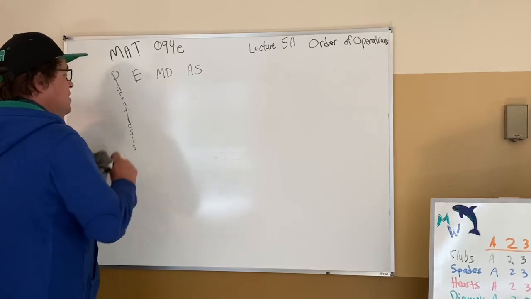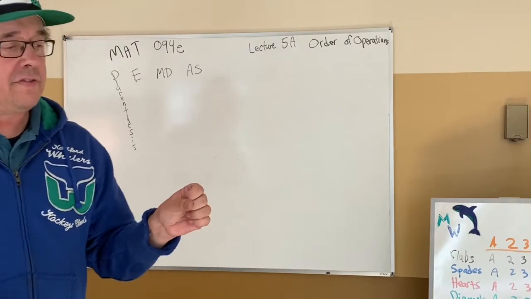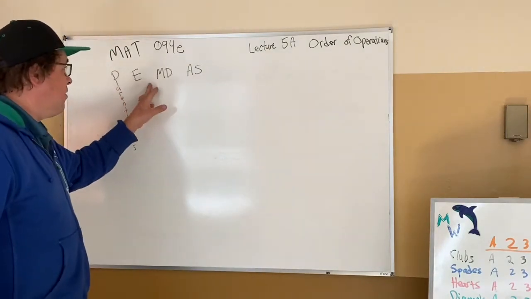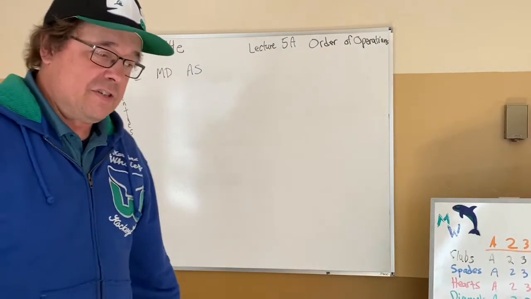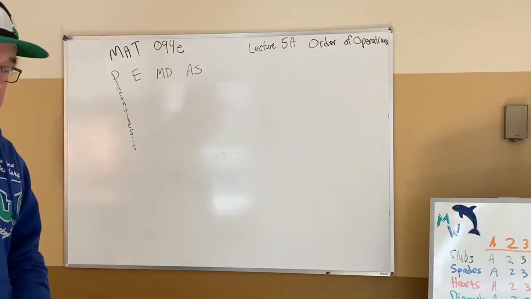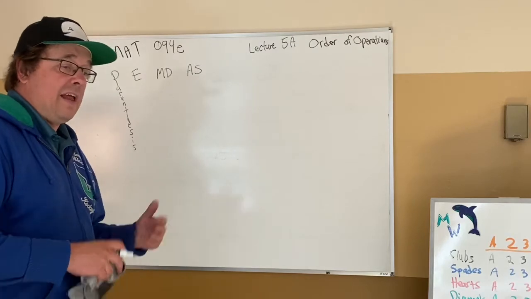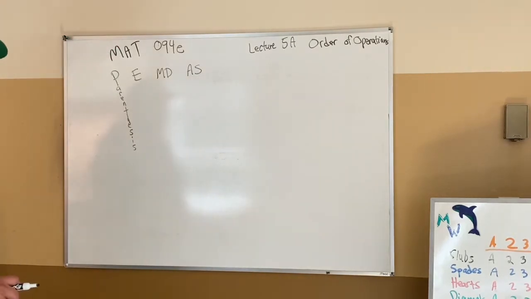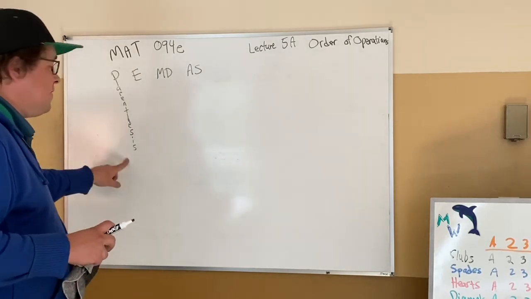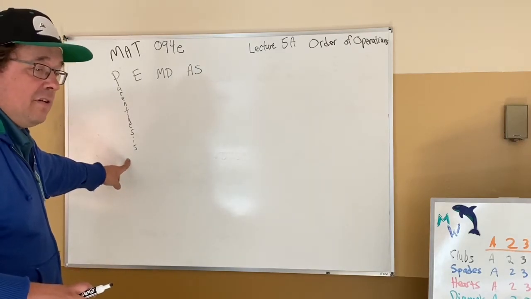Now, what do we do with parentheses? We do the work to get what the parentheses contain down to a single number. Within those parentheses, we have to still honor the order of other operations. But we do order of operations inside the parentheses and get them down to a single number. There is distributing that you can sometimes use, and sometimes you have to, because you have what we call terms that are not like, and they have this value that they need to distribute. But if they're numbers, they're all inherently like terms, and they're allowed to become a single number, and that's what we're trying to do. So get the parentheses done, get them down to be a single number before you advance